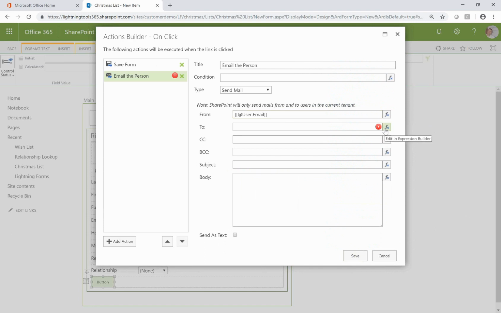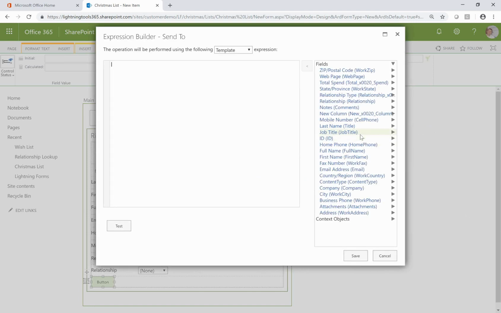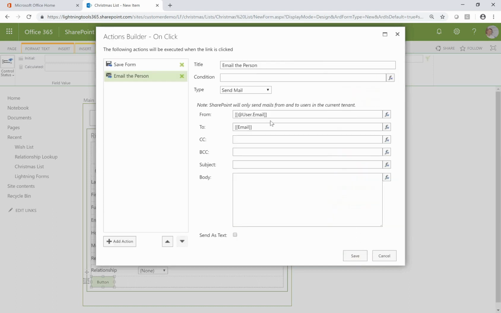Who the email is going to is going to be whoever is inside that email address on the form. So here's all the fields from that contact list on the form. So there's the email address. So just double click that. So it drops in the name of that field, and that's who it's going to be sent to. We could carbon copy and blind carbon copy people, and in the subject we could put in your gift,